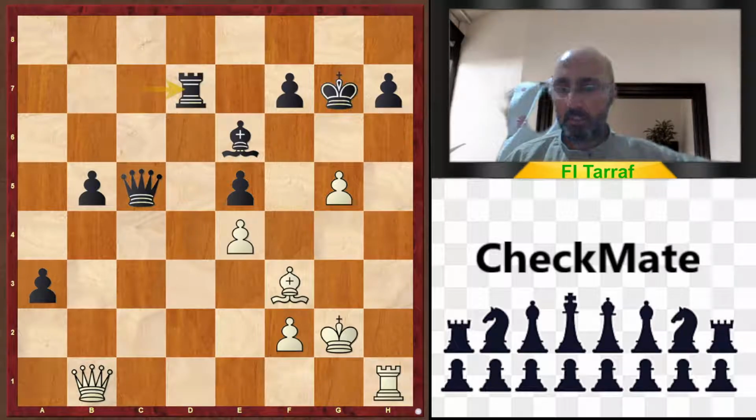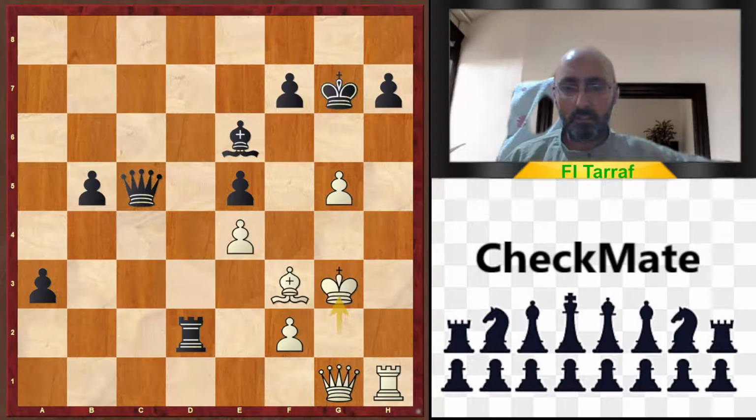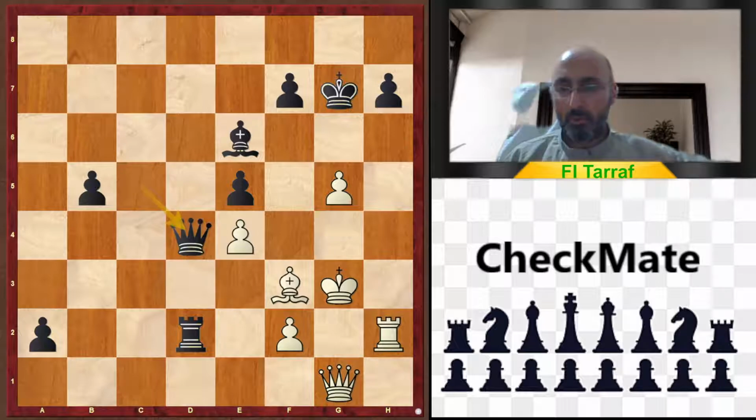Rook to d7, trying to come to d2 to control the second rank. Queen to g1, okay, rook to d2, excellent, and king to g3, escaping from any attack on the f2, maybe. So a2, and now this is very dangerous for white, and rook to h2, queen to d4,